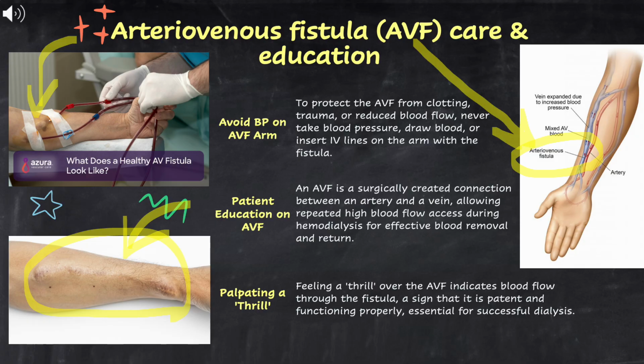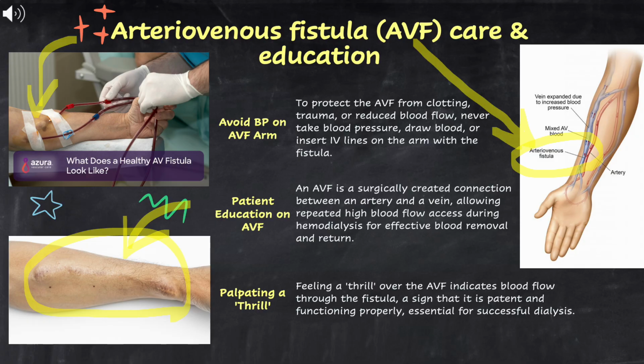An arteriovenous fistula, AVF, is a surgically created connection between an artery and a vein, usually in the forearm, that provides high blood flow for dialysis. Protecting this fistula is paramount. Nurses must never use the AVF arm for blood pressure measurements, blood draws, or IV infusions. Any compression or needle stick in that arm can clot off or damage the fistula, cutting off the patient's dialysis